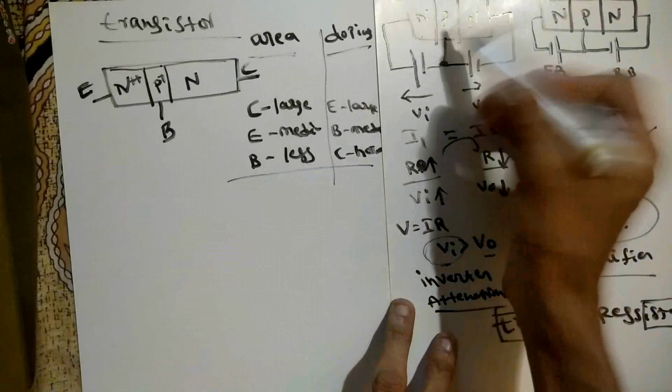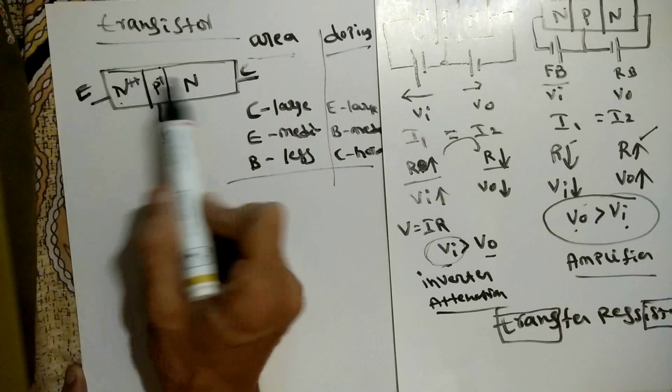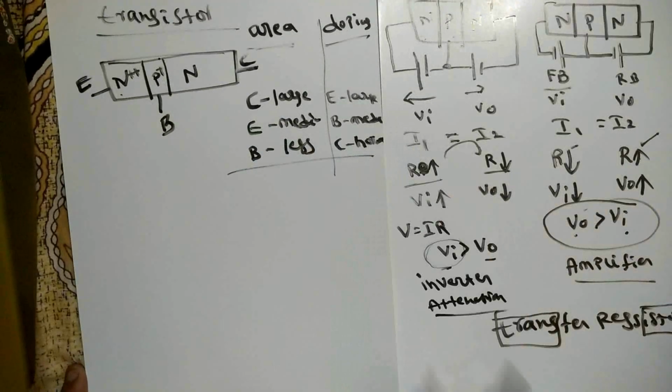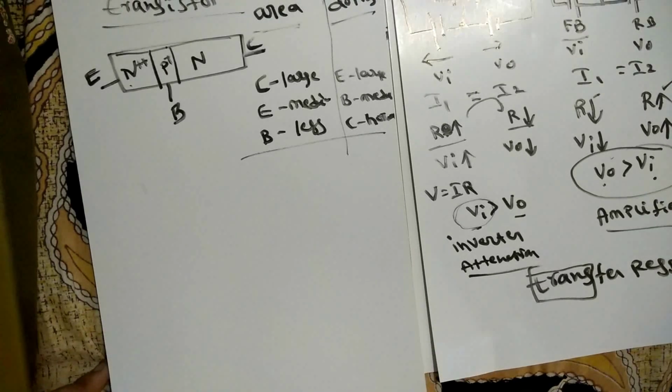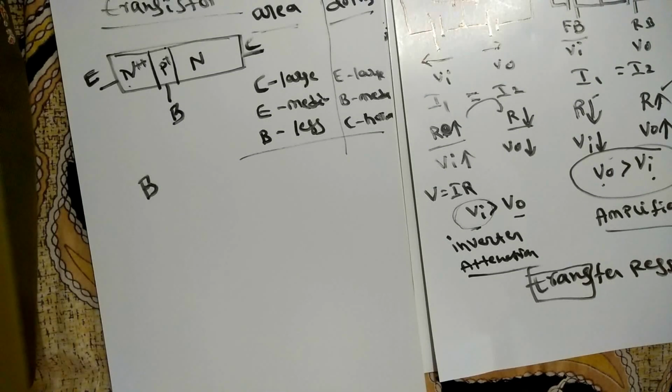If you write a common transistor, it always looks like this: N, P and N, with how it is doped and what area is affected. Now we can move on to biasing. What does biasing mean? Biasing is the particular voltage given to turn on the device. If you want to charge your mobile phone, we give 5 volts and 1 or 2 amperes of current. That particular voltage and current is the biasing voltage for the mobile.